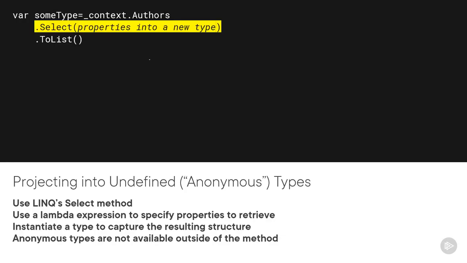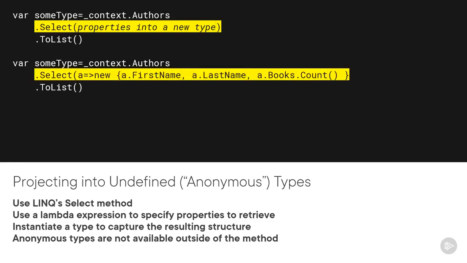In EF Core, we use LINQ's select method to specify which properties of an object we want returned. If you're returning more than a single property, then you'll have to contain the new properties within a type. LINQ lets you do that even if what you're projecting doesn't match an existing type in your system, by using the new keyword and placing the list of properties in curly braces. This will return what's known in .NET as an anonymous type, but it will only be known to the method